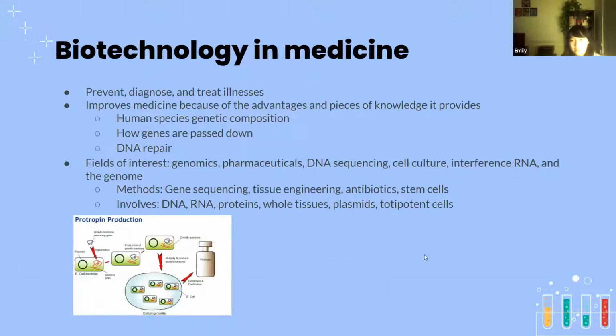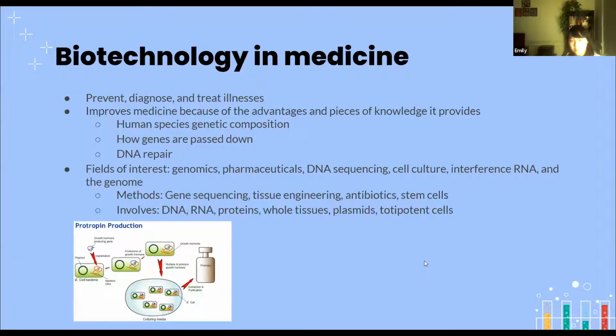So there are many different kinds of medicinal biotechnology fields. We have genomics, dealing with the genome, pharmaceuticals, dealing with drugs, DNA sequencing, also dealing with the genome. So I don't know why that's on there twice. Cell culture, which is an example of the cow cloning that we talked about. You would raise more cells to have this certain factor, artificially, of course. Interference RNA, which is something that we don't need to know about. And the genome, again, I put a lot of genomes on there. Okay, anyway,